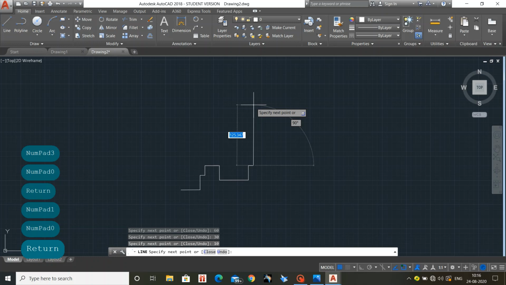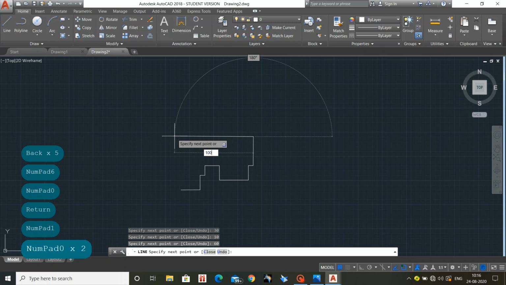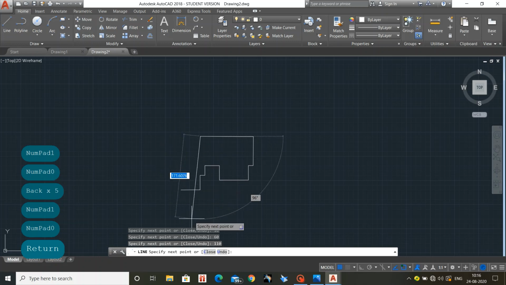This will be 60. 90 minus 30, so that will be 60. And here the complete distance is 100 plus 10, so it will be 110. Done. I stop. See, that will coincide.